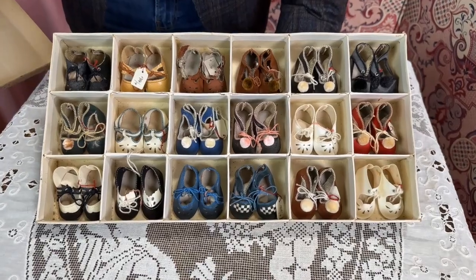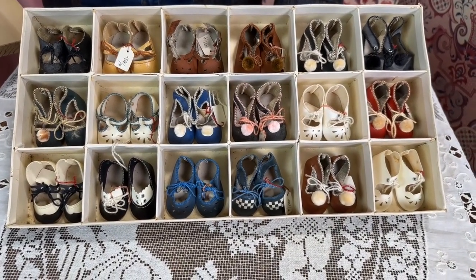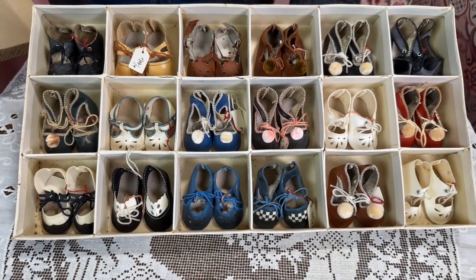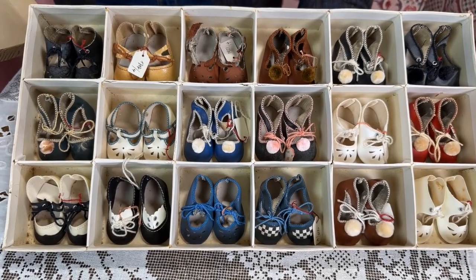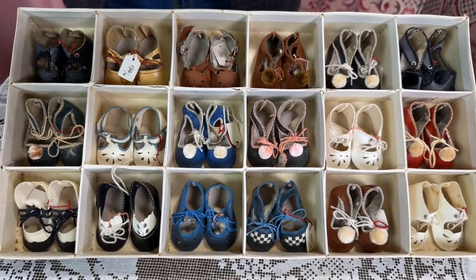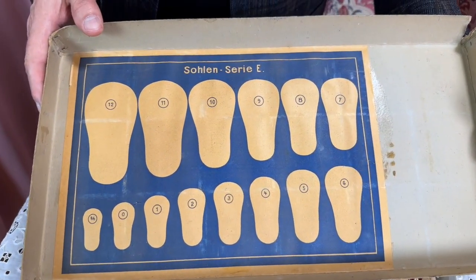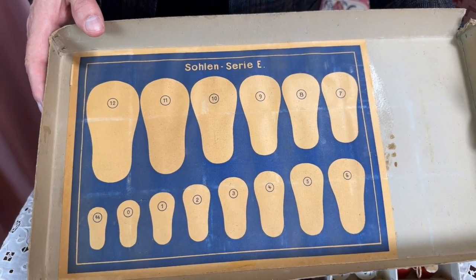So this is a salesman sample box filled with shoes. So this was in a sales room, or went with salesmen or ladies, to doll shops and other manufacturers to show what they were making. And this is also a very interesting document as well,